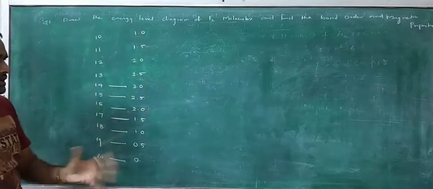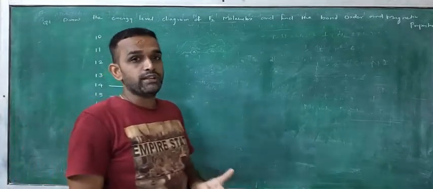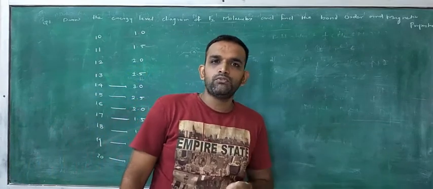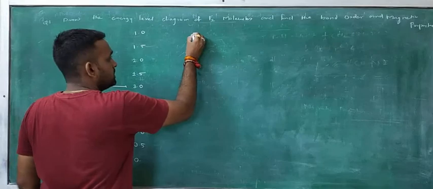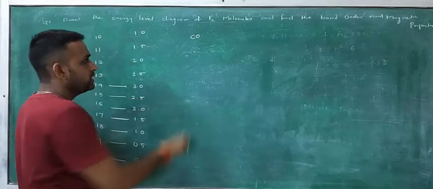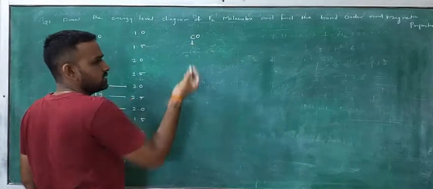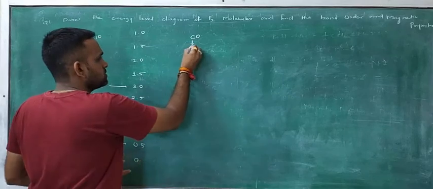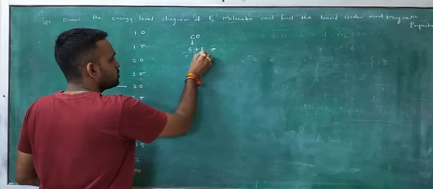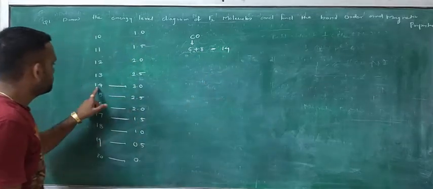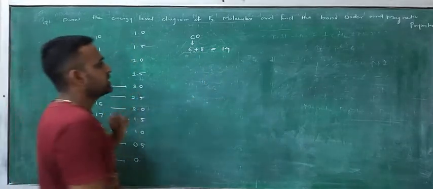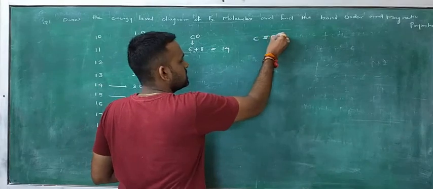Now see, if somebody asks you about diatomic molecules and wants you to find out the bond order, how can you find it? Here CO is there. In carbon, the atomic number is 6, and oxygen is 8, so the total number of electrons is 8 plus 6, that means 14. Whenever it is 14, the bond order is 3. So here between carbon and oxygen a triple bond is there.